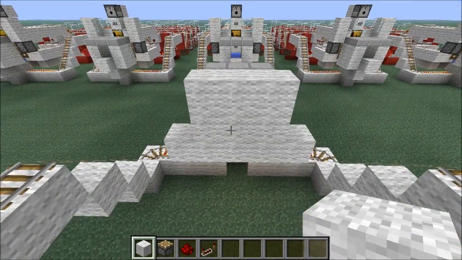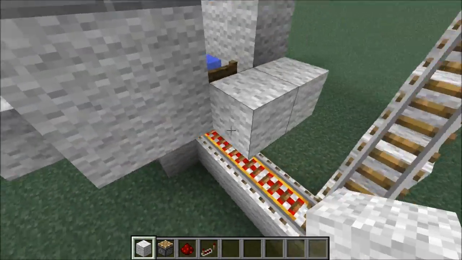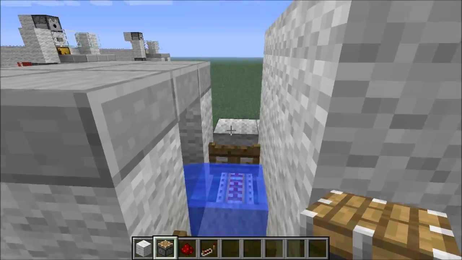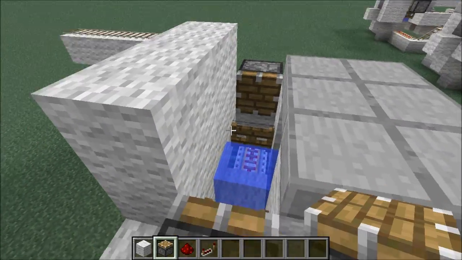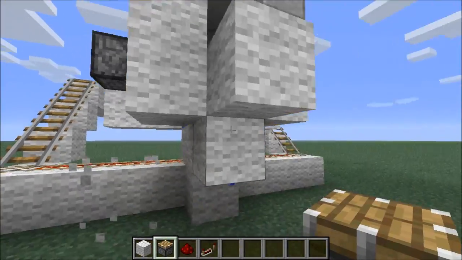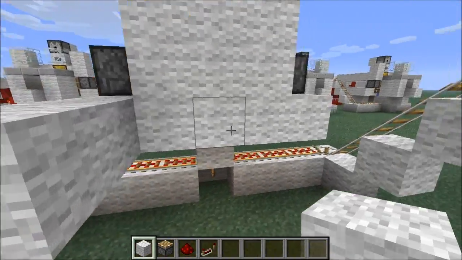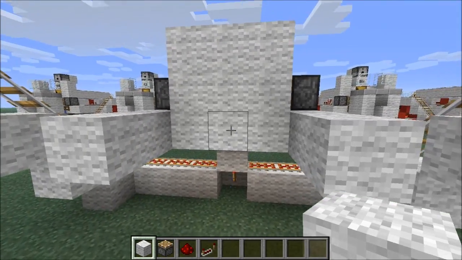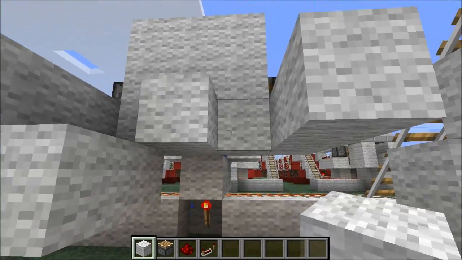Now we're going to place our pistons, and we do this by putting a block on this side and on this side as well. Then we're going to place a piston like that, and then one on the other side as well. Then we're going to remove those blocks, and then we're going to place 2 like this. Do the same thing on the other side. We're going to put 1 in the middle, then we're going to place 5 below like this,